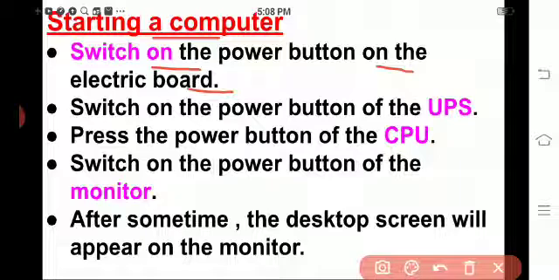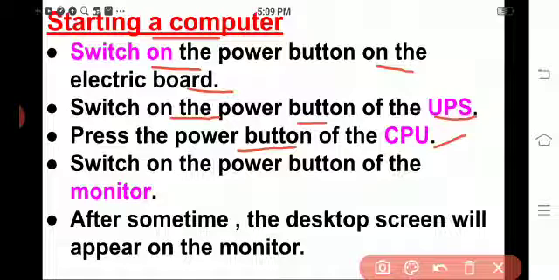Next is to switch on the power button of the UPS. Next, press the power button of the CPU. CPU means Central Processing Unit.